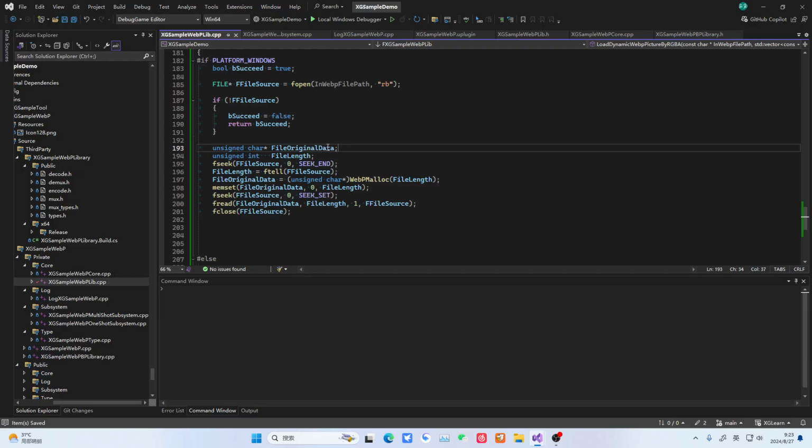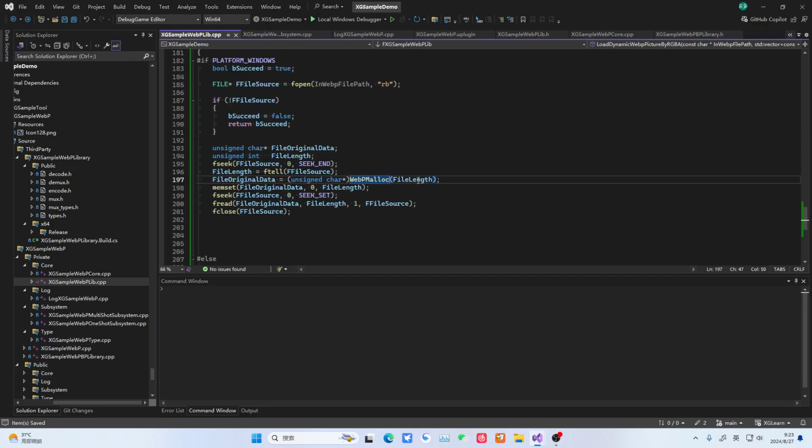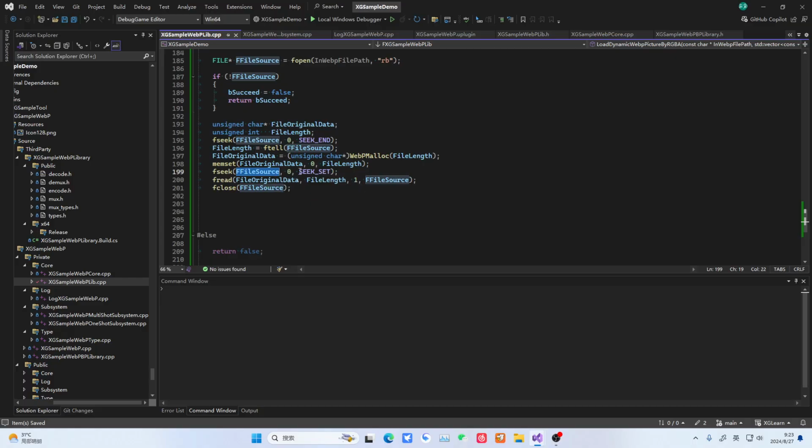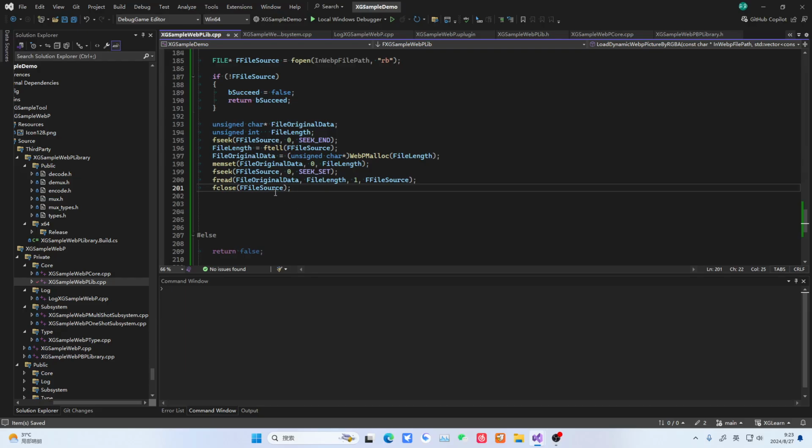This way of writing is actually equivalent to declaring it first and then assigning it later. We use the malloc method to allocate a length this long, this block of memory in the region. Then we clear this block of memory. And finally, after clearing, we look for the file. After finding this file, we take this data and read it into this block of memory. That is, we take the data from this file, read it into this block of memory, and finally, we close